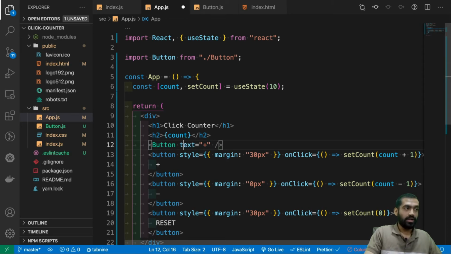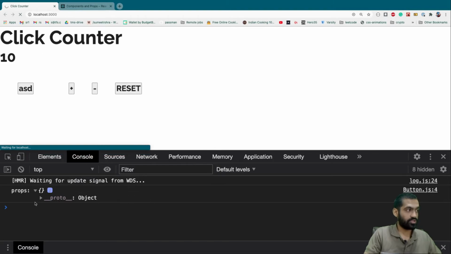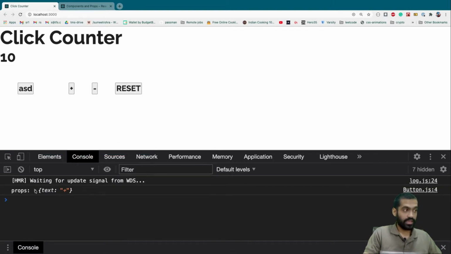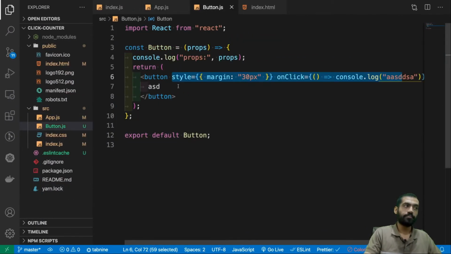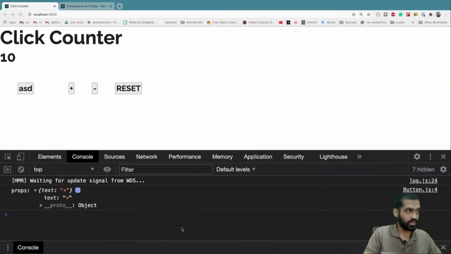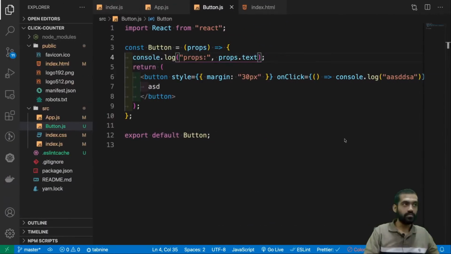Let's see what happens when we do this. Let's refresh. Okay, we got something called text inside here, and that is plus. What if we do props.text now? Let's refresh. It's compiling, and props.text is plus. Cool, so now we can see that props.text gives us what we want.